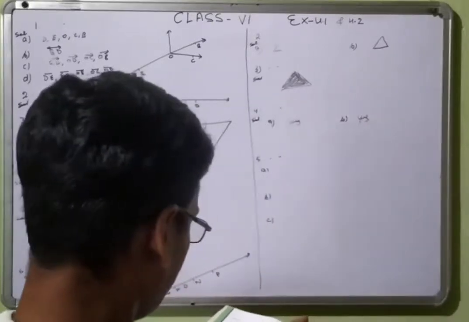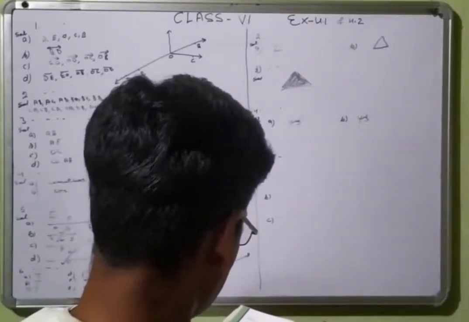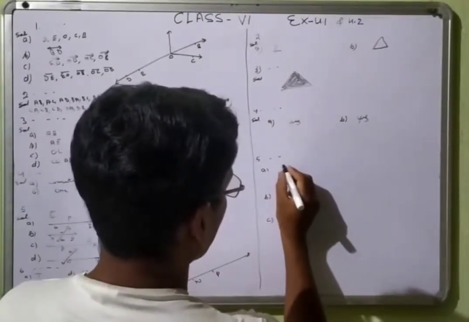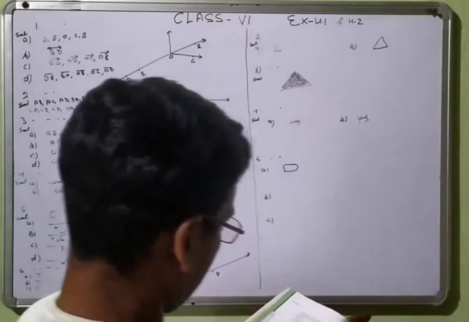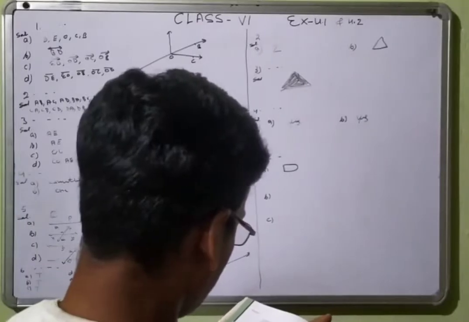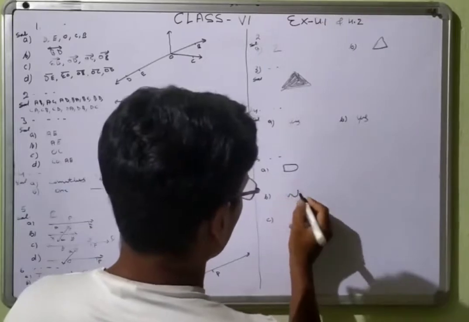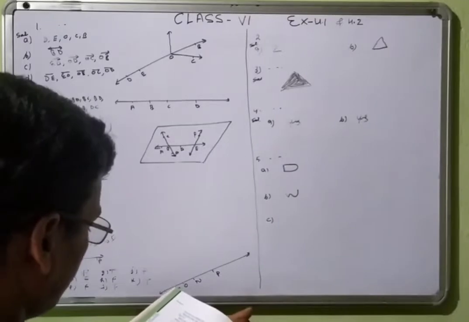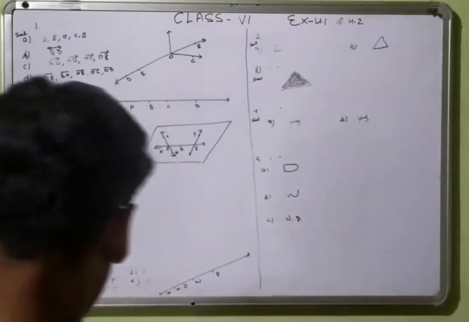State if possible each of the following with a rough diagram. A closed curve that is not a polygon. That will be not a polygon. That one line will be there and that one will be. Right? An open curve made up entirely of line segments. So you can write Z, W, anything, that is open. A polygon with two sides: not possible. This is not possible.